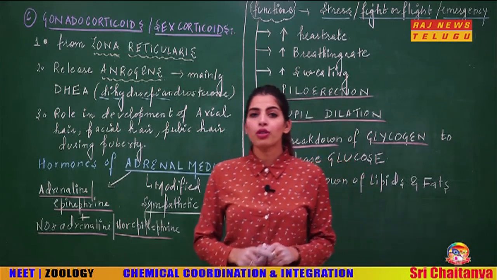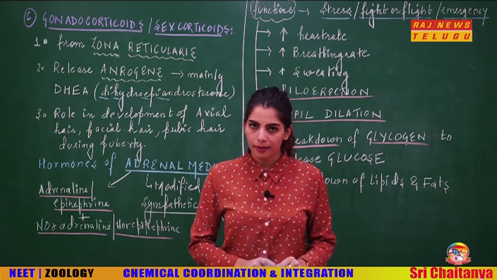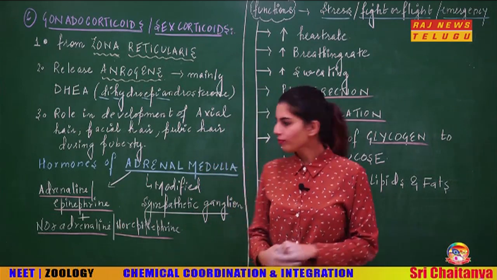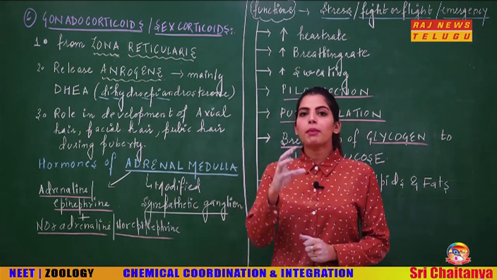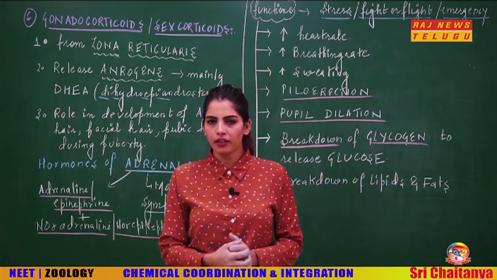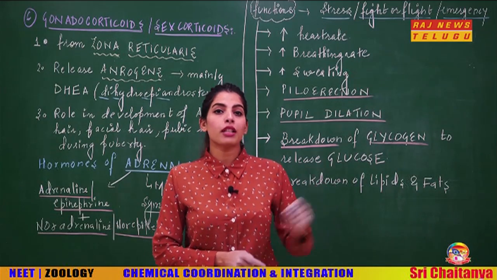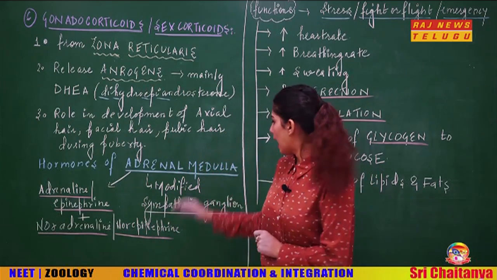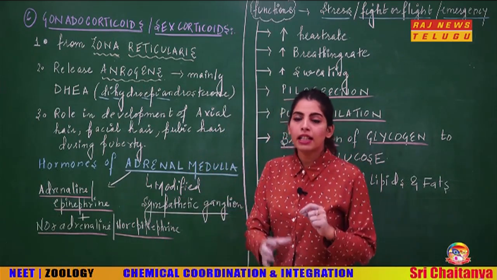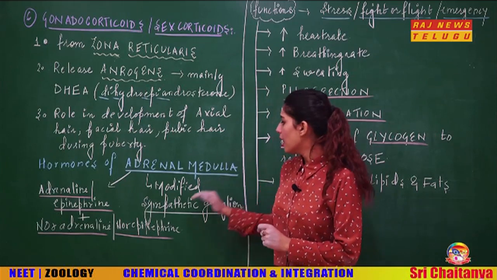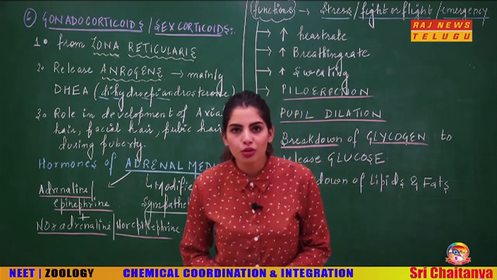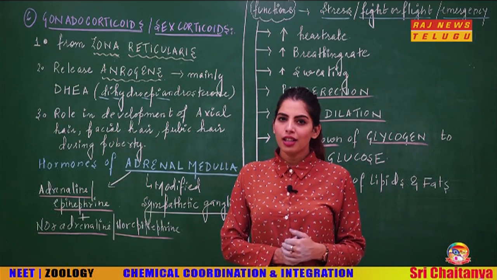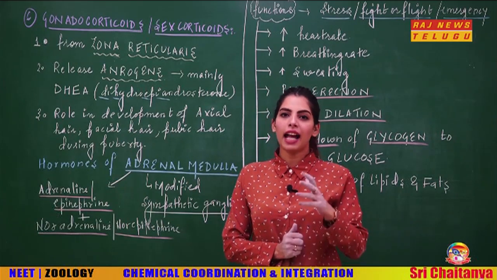So those were the hormones of the adrenal cortex, the outer layer. Now moving on to the next region, which is the adrenal medulla. Students, I have written it over here, the medullary region. Do you remember what was the origin of the medulla? The medulla is ectodermal in origin, and if you relate it with the nervous system, you can see how the ectodermal relation arises: the medulla is a modified sympathetic ganglion, students. In fact, when you look at the hormones of the adrenal medulla, you are going to relate it with the sympathetic ganglion.